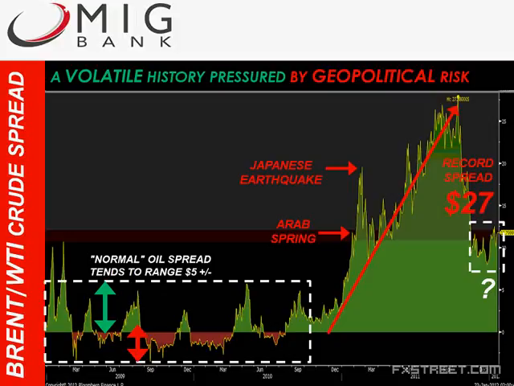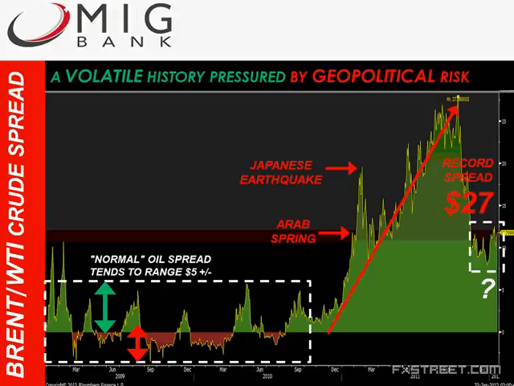The Arab Spring, or the revolution in the Middle East, which was in early spring. You can see how the spread increased quite violently higher, and then that was then magnified even more once we had the Japanese earthquake. So you can see how geopolitical and natural disasters help really trigger an acceleration in this